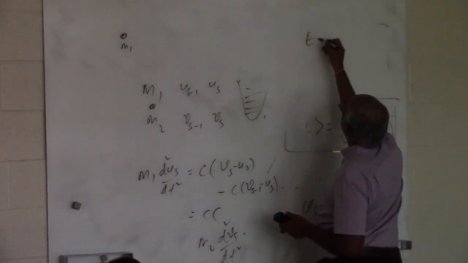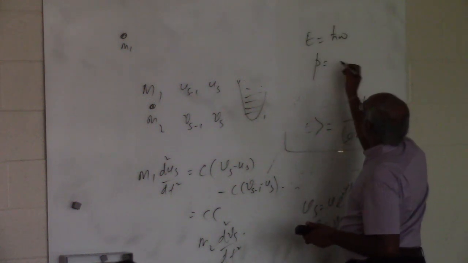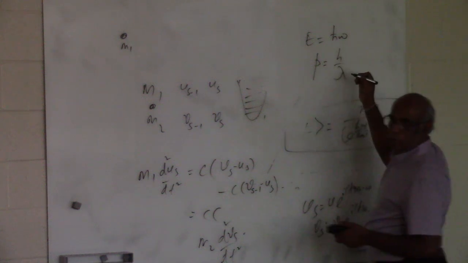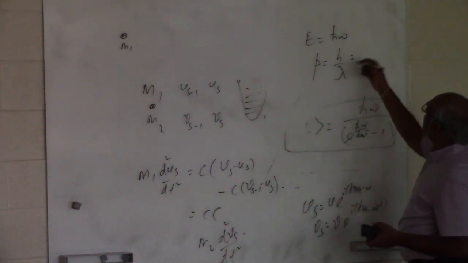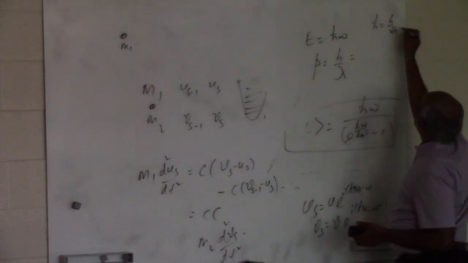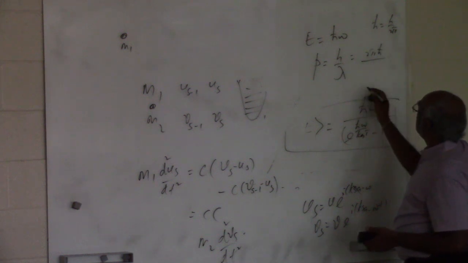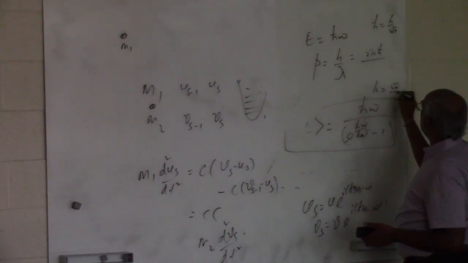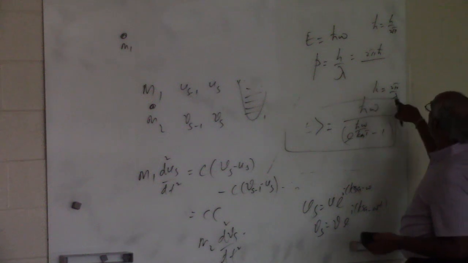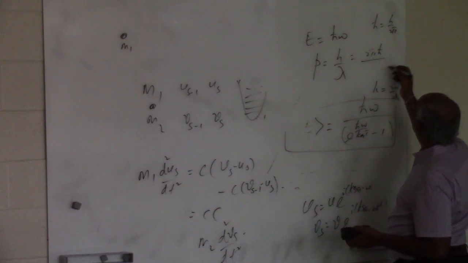Energy is given as h cross omega. Momentum, typically, is h over lambda, right? Here h cross is h over 2 pi. If I write h as 2 pi times h cross, and k is defined as 2 pi over lambda, then 1 over lambda means k over 2 pi. So the 2 pi cancel, and you get